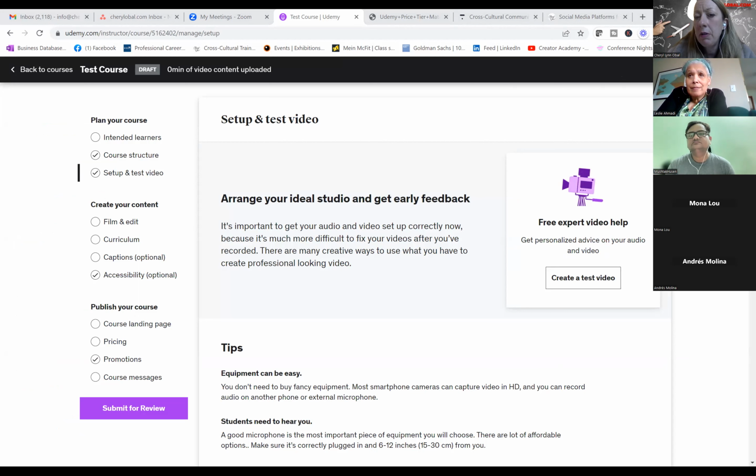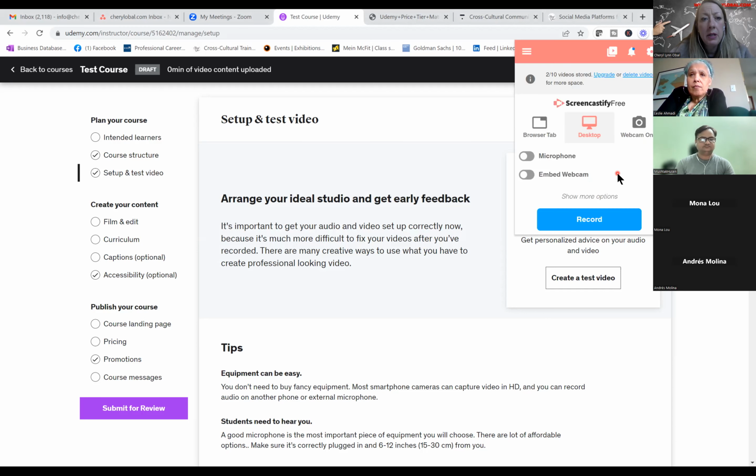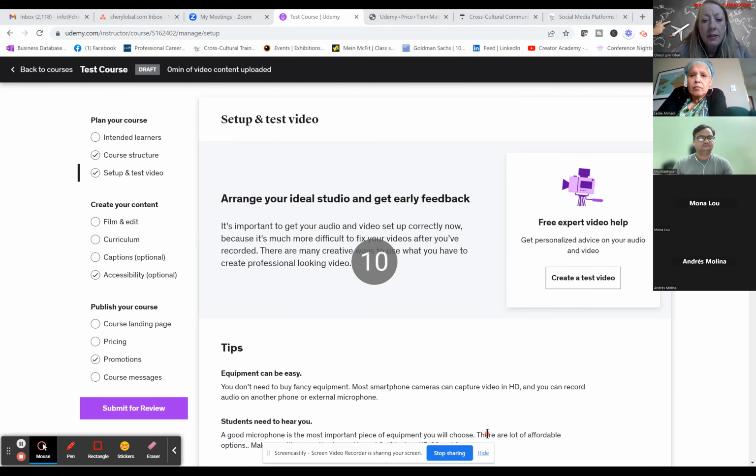All right, so here I am, and I want to screen capture. So I click on Screencastify. Let's imagine this is my screen. These are my slides, even though it's not. I click there, and out comes a little window. From there, you press record, you select the screen you want to record from, and you share it, and it's going to start. It gives you a countdown. Are you seeing the countdown? Yes, okay, we do.